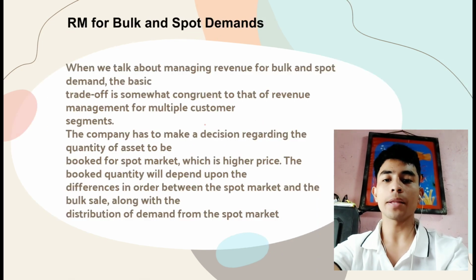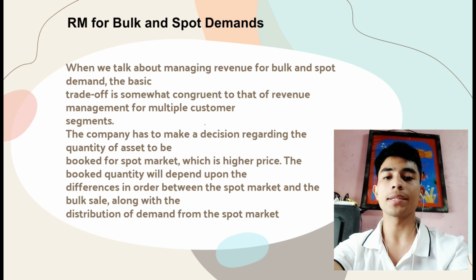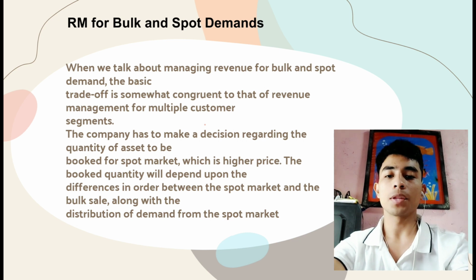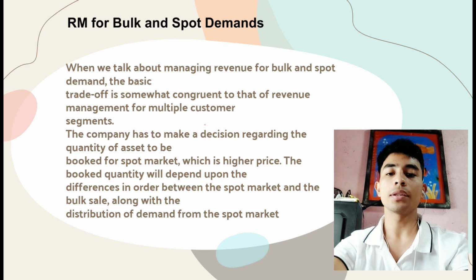RM for book and spot demands. When we talk about managing revenue for book and spot demands, the basic trade-off is somewhat congruent to that of revenue management for multiple customer segments. The company has to make a decision regarding the quantity of asset to be booked for the spot market, which is at a higher price. The book quantity will depend upon the difference in price between the spot market and the book sale